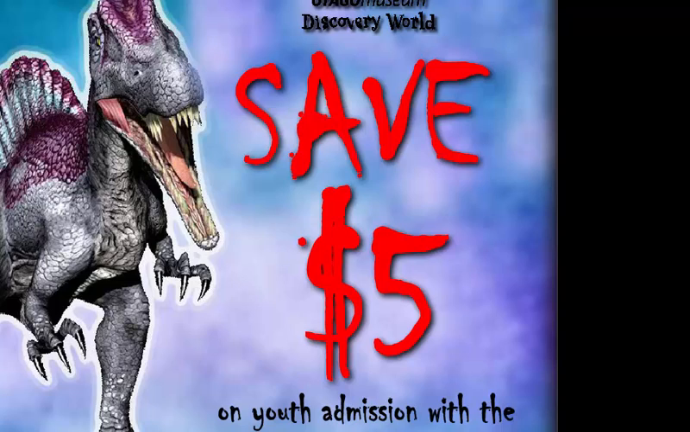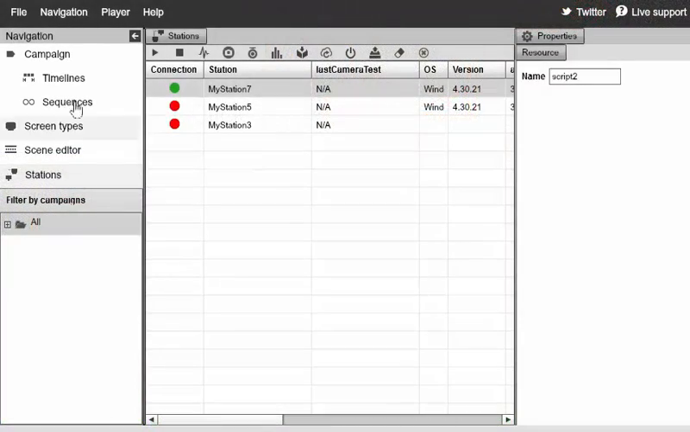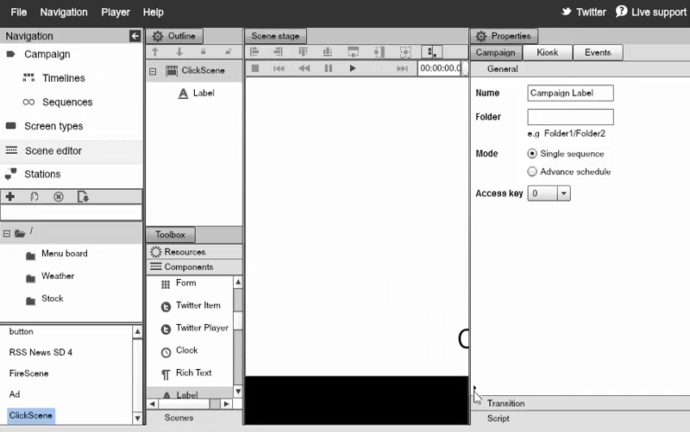Next, I'm going to show you how to actually control a particular label from the outside. In this case, we're going to do a post command and control this click. So instead of saying click, we'll be able to change the text over here. So I'm back in the Signage Studio. I'm going to go to my scene editor, go back to my label,